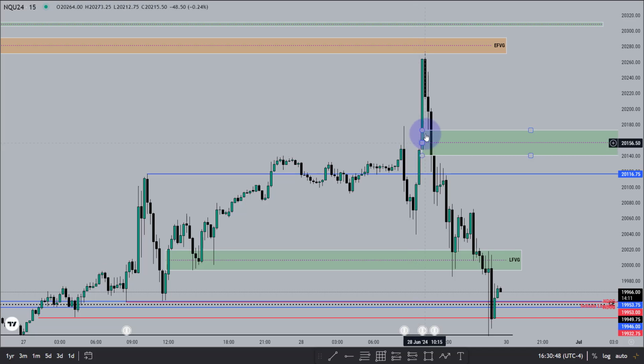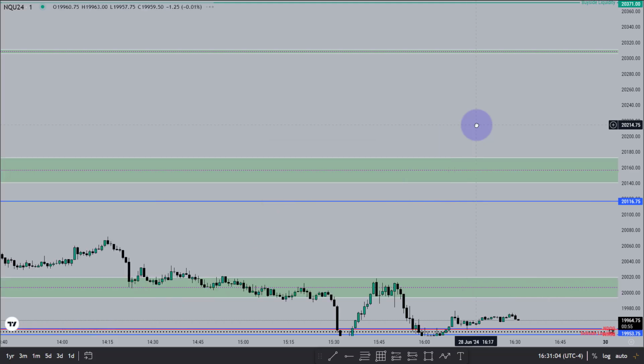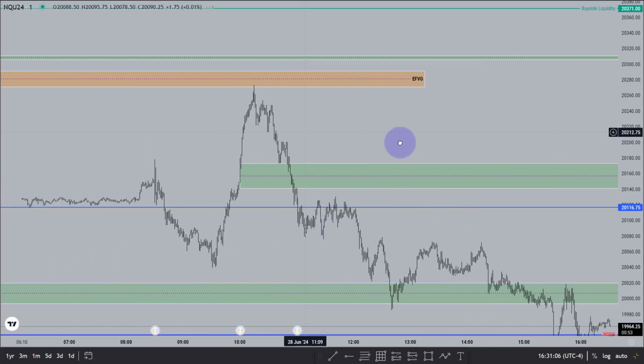Okay. So the market went higher and finally it tapped to this entry fair value gap from the hourly chart. I wanted to see that the market would reach until that constant crossman, but it didn't do that. Instead of that, it just tapped to this entry fair value gap from the hourly chart, then it fell. I'm now going to the 1-minute chart. When I'm on the 1-minute chart, you can see